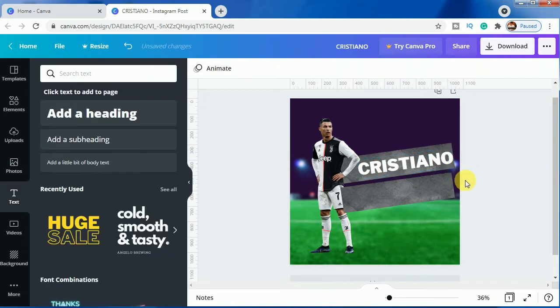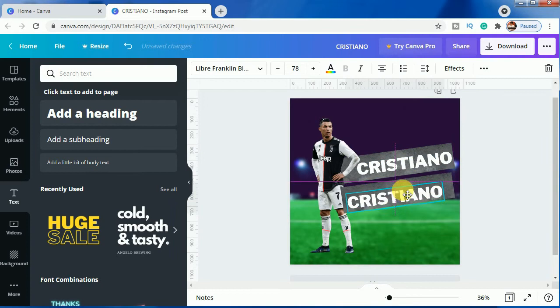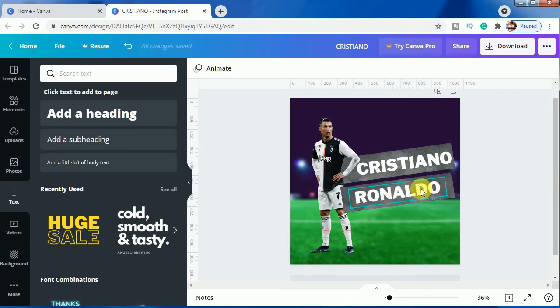Okay, now this one, just duplicate it because size will be remaining the same, and we'll write here Ronaldo. Okay, so we have written it,